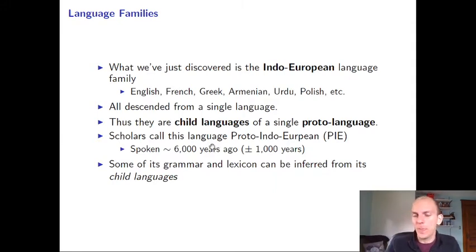Essentially what we noticed when we said that the word for foot has a lot of P's and a lot of D's is that we said something like, well, look at all these children with green eyes. Look at all these children with green eyes and dark hair and prominent brow ridges and a strong jaw. We noticed the features of the language, and we said they look too similar. Too many green eyes here for this to be an accident. I bet that they share a parent. And that the traits of the parent, who also had green eyes and prominent brow ridges, have gotten passed down